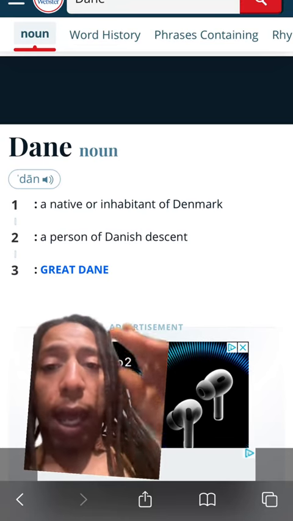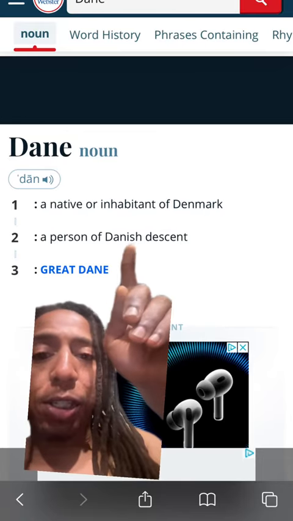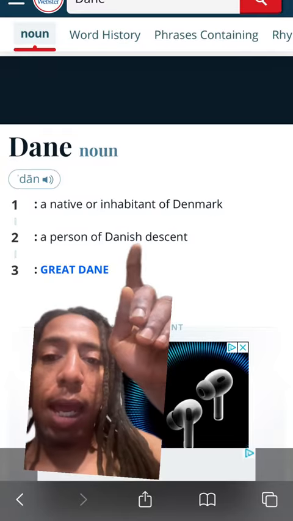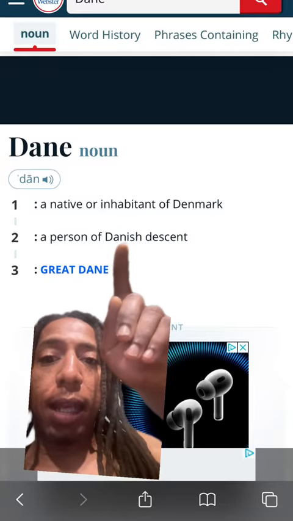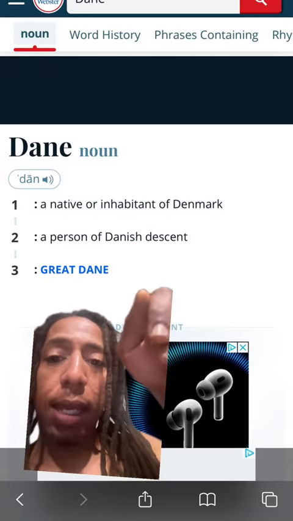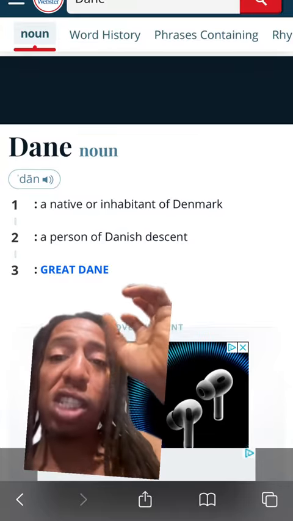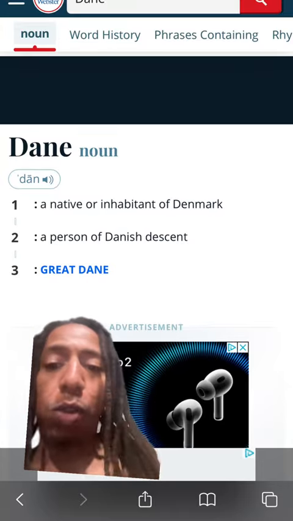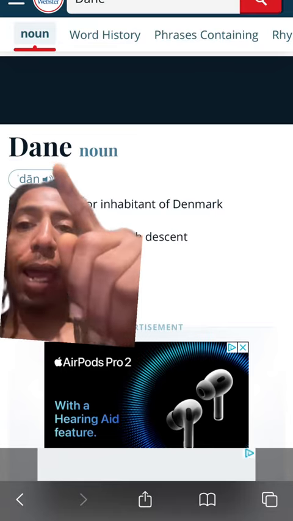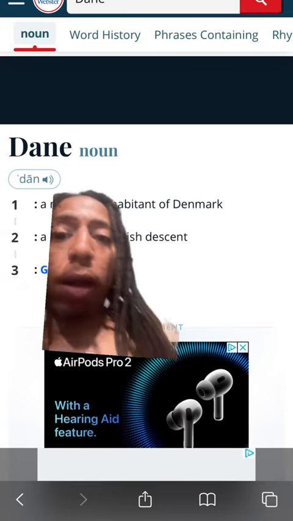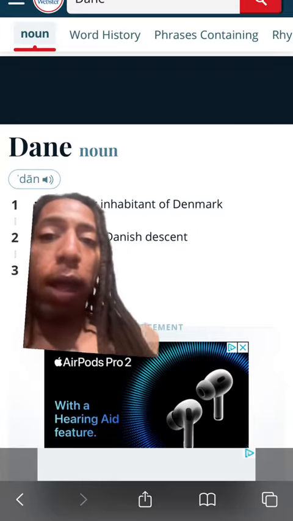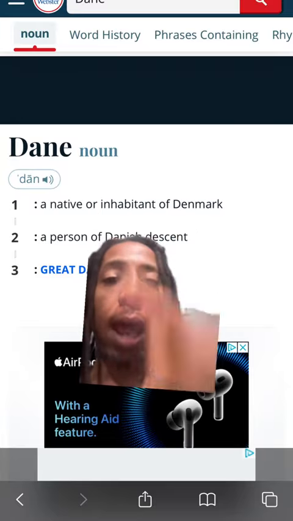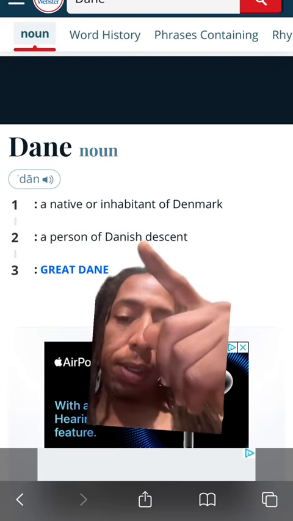So when you look at the people who have ish in the suffix, it is a person of Danish descent. Ish, as we know, is somewhat that. The people are called Danes. What you don't know are the people are called Danes from Denmark. Danes are from Denmark, and people who are somewhat a Dane are Dane-ish.